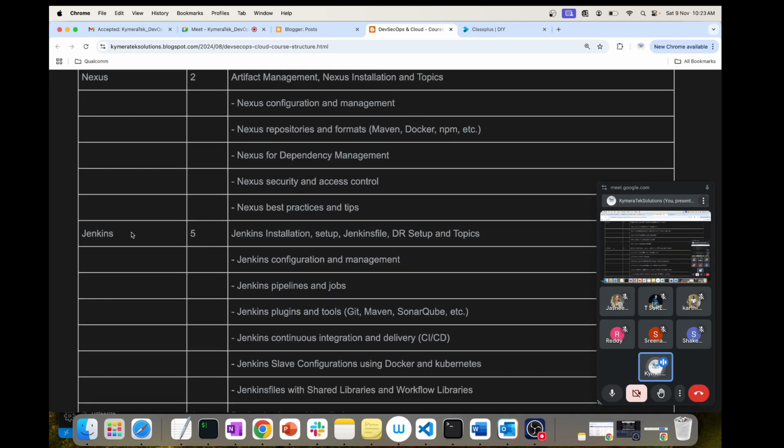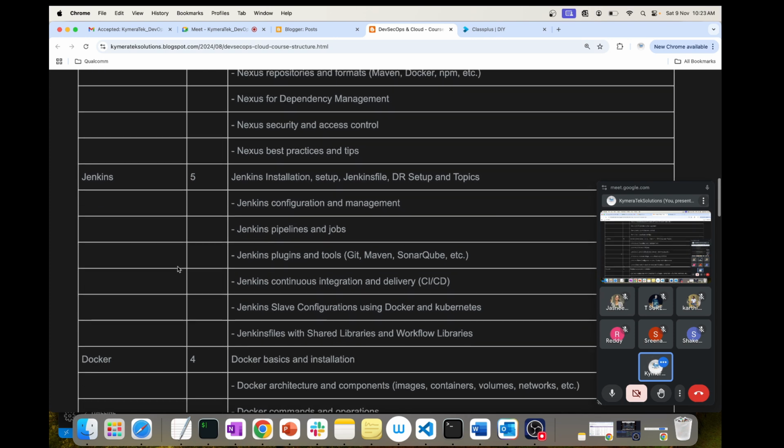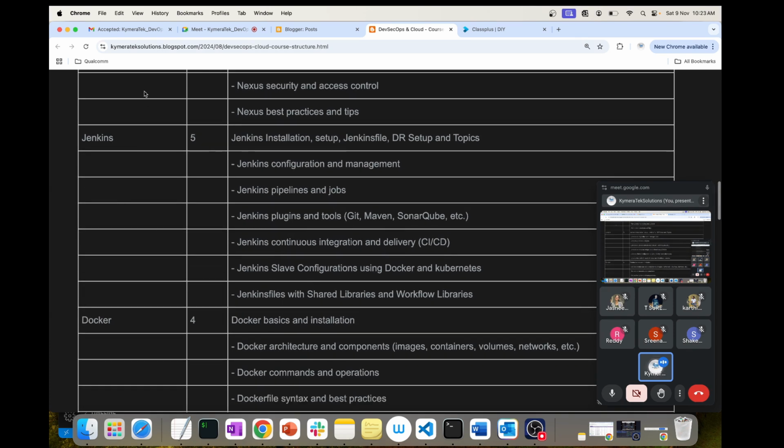And the master of all tools is Jenkins. Every tool that I'm showing above and below is integrated with Jenkins. The pipelines that I've been talking about are created here only. We will create all those CI/CD pipelines here, the infrastructure pipeline, deployment pipeline, automations, and any manual task that you are doing, all of that you can automate and trigger through Jenkins. Jenkins is a CI/CD tool.